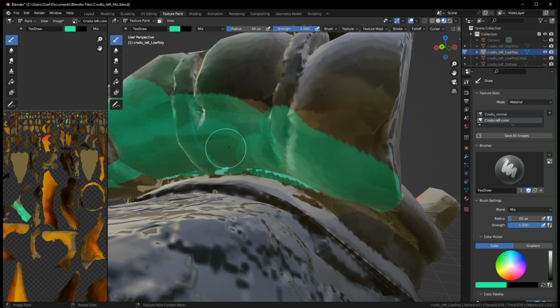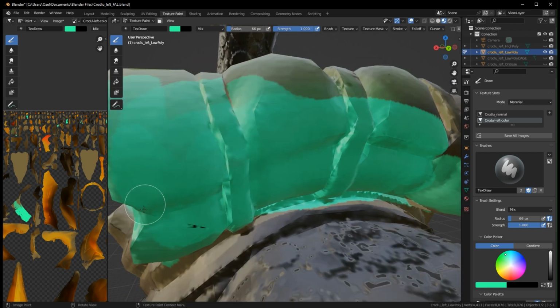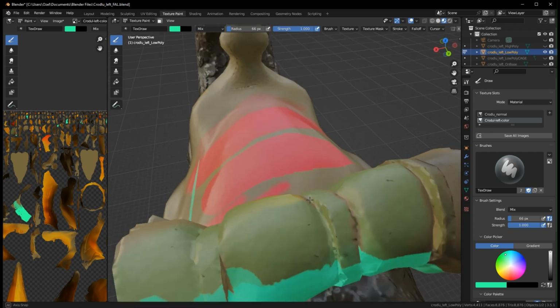Let me increase the strength all the way though, because I'm not doing it at full strength. It's sort of retaining some of what I'd painted before. I don't want that. So I'm just going to,